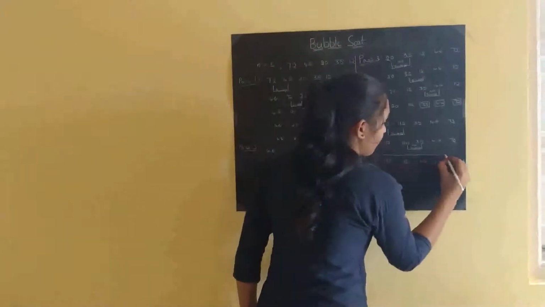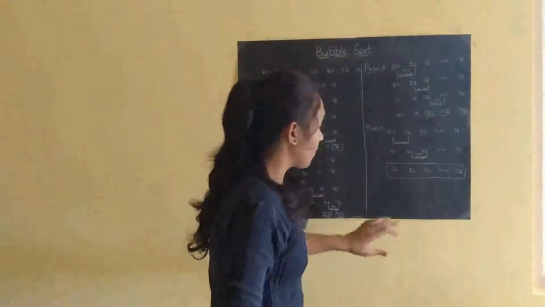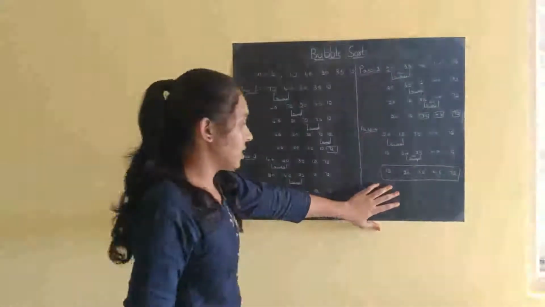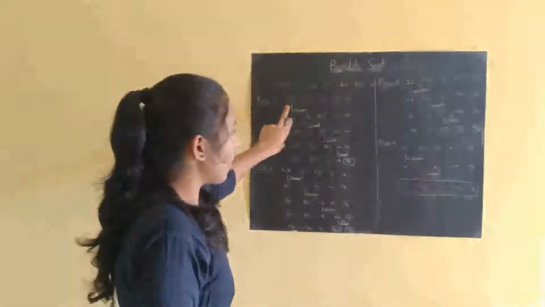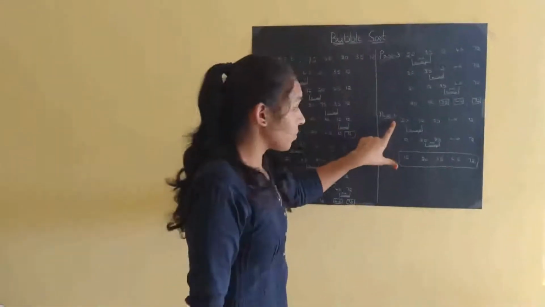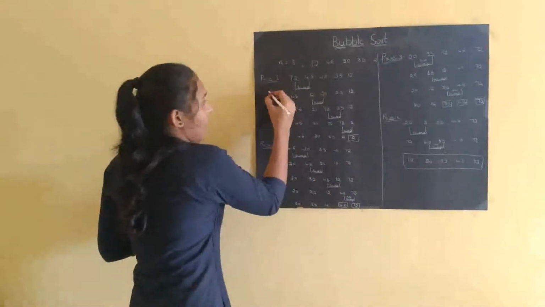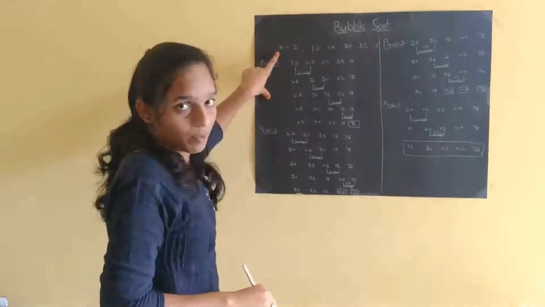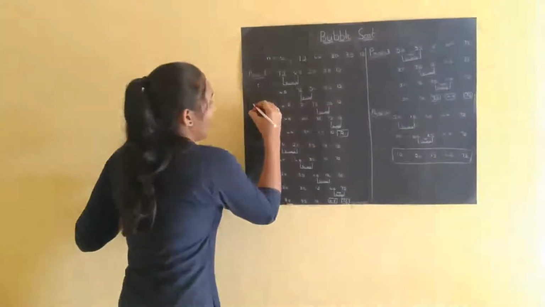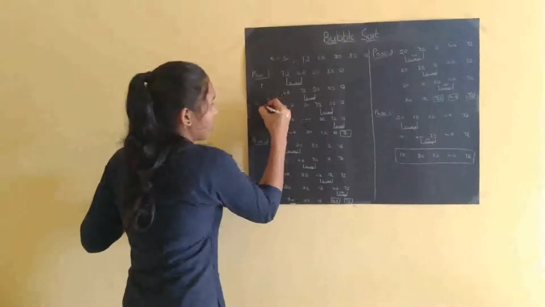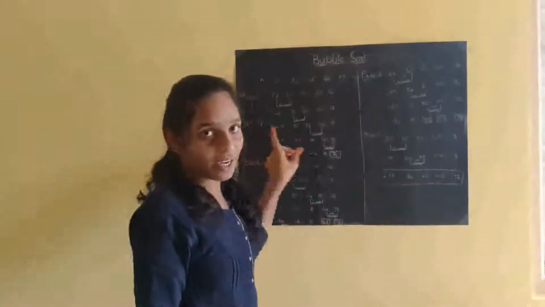And this is the result after pass 4. Thus we get the final sorted list. Here if n is the number of elements in an array, then we have to perform n minus 1 passes to get the sorted list. And if i is the pass and n is the number of elements, then each pass we have to perform n minus i iterations. N minus i iterations are comparisons to get the final result.